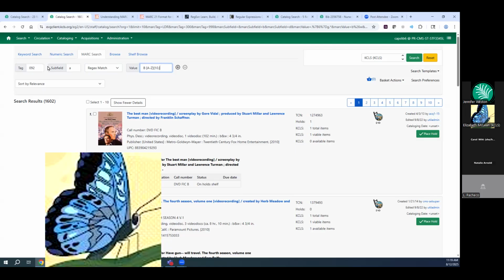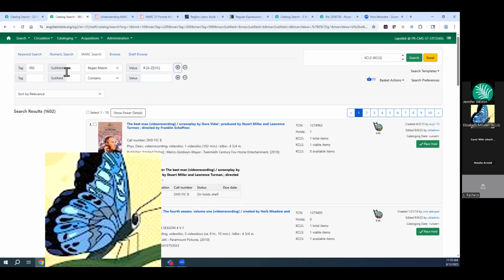By putting 10 and a comma, I'm saying it could be at least 10 characters. And then I'm pairing that with the search of the 655 field,